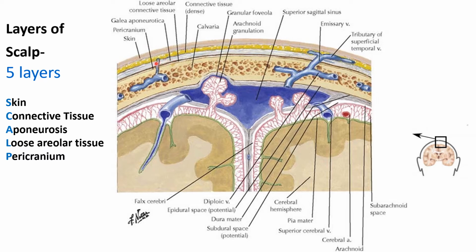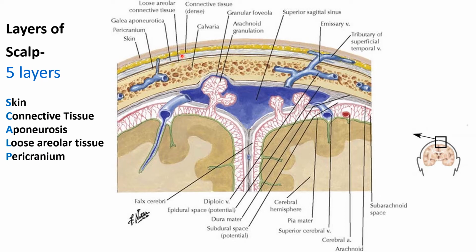You remember what is an aponeurosis? Aponeurosis is a flattened tendon of a muscle. So that means some muscle is inserting out here and forming a flattened tendon, that is the aponeurosis. Thereafter, this space which you're seeing is the loose areolar connective tissue and then the pericranium of the cranial vault